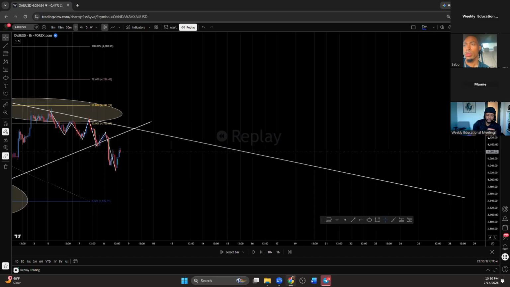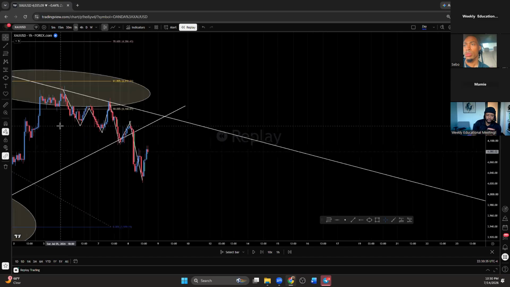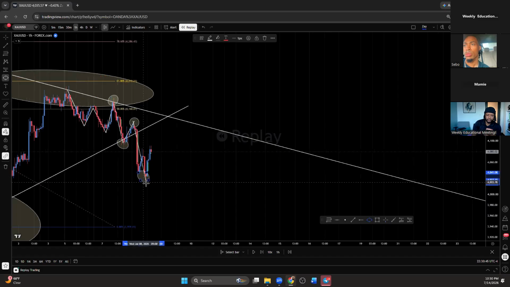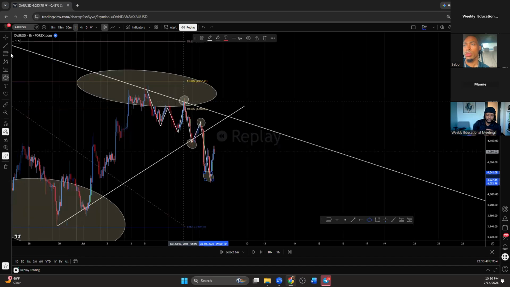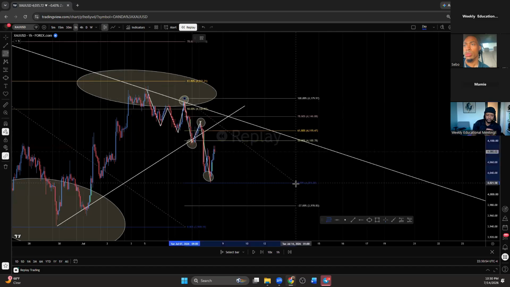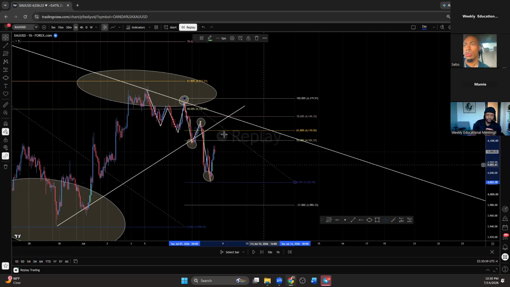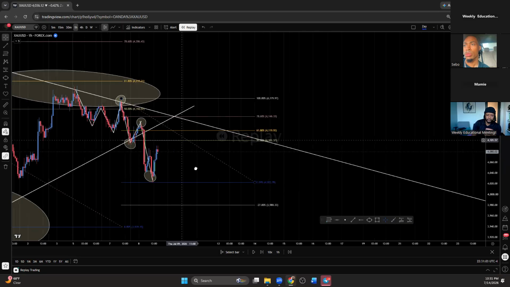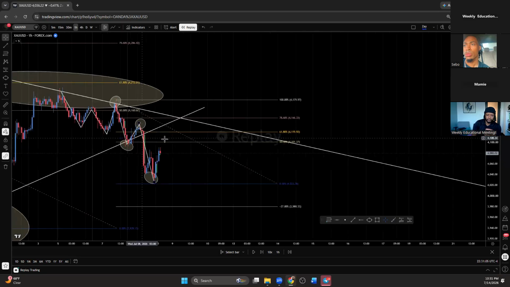My area of interest, I don't know if you guys know this or not, but this is the only thing I cared about. Seeing this high, this low, this lower high, and this lower low, that's all that mattered to me. Because basically from there, all I was waiting for is I went from this high to this low, and let me slide this up. I really just wanted to see market retrace back into this fair value gap, back into this area right here.